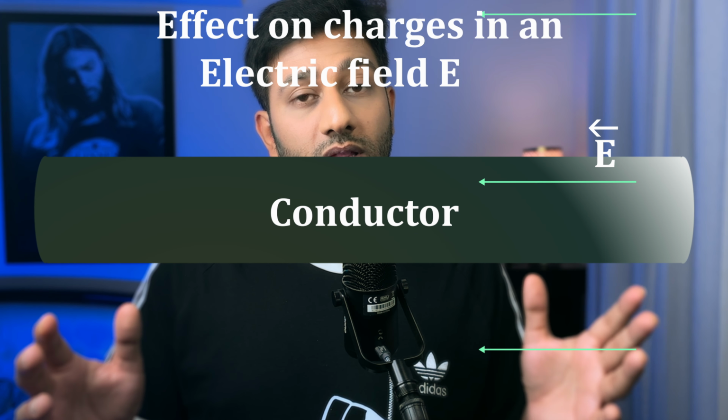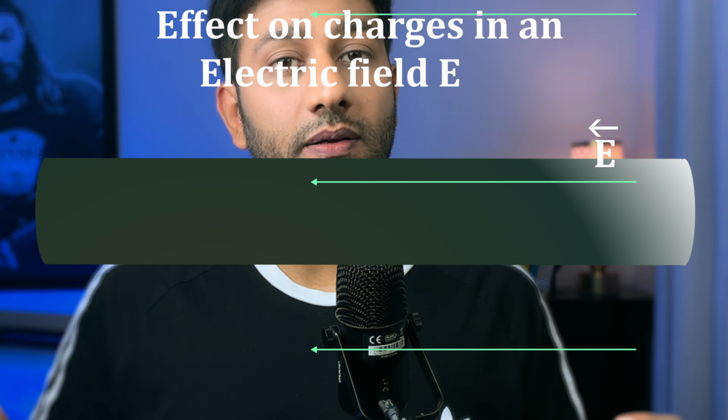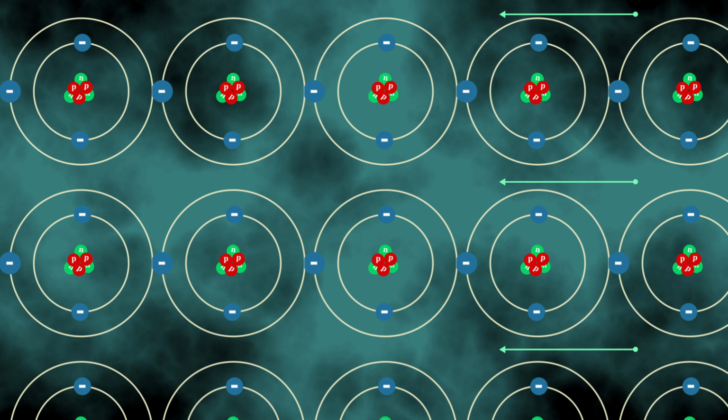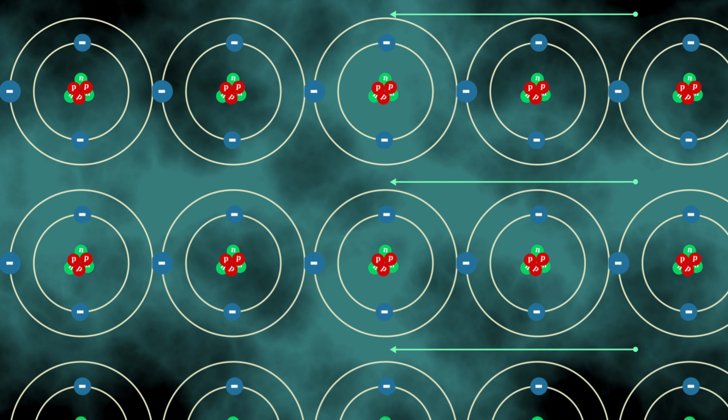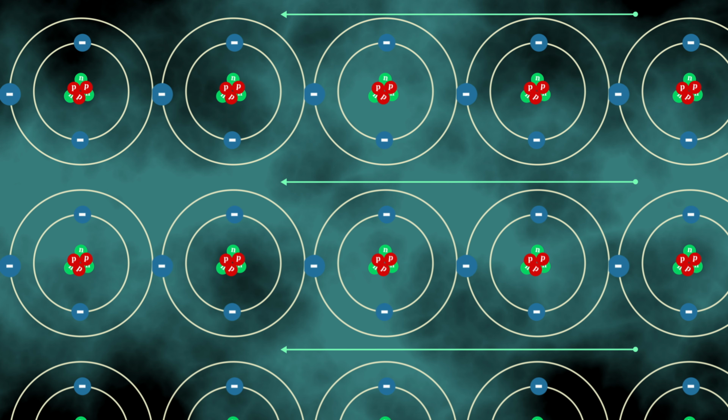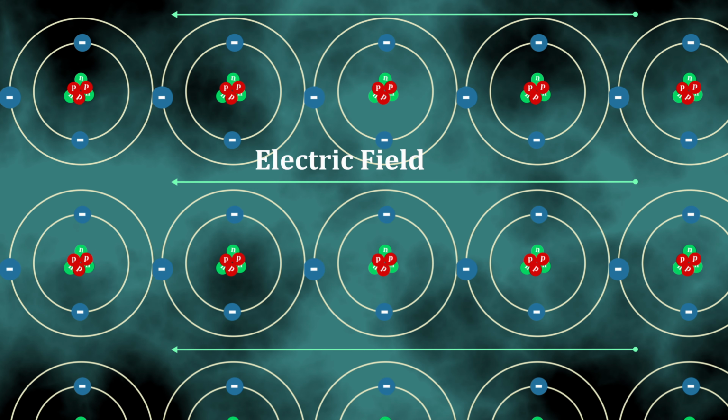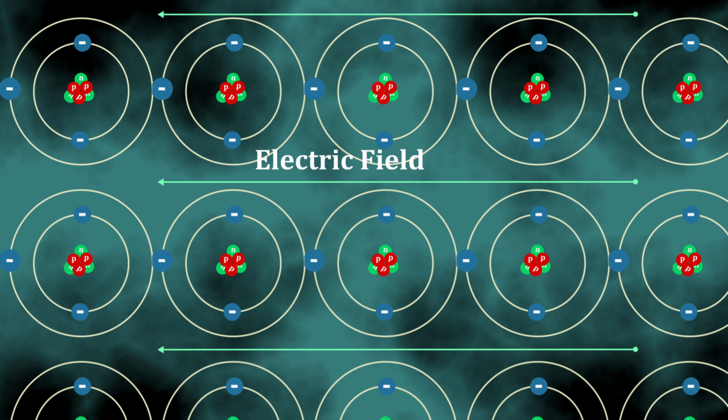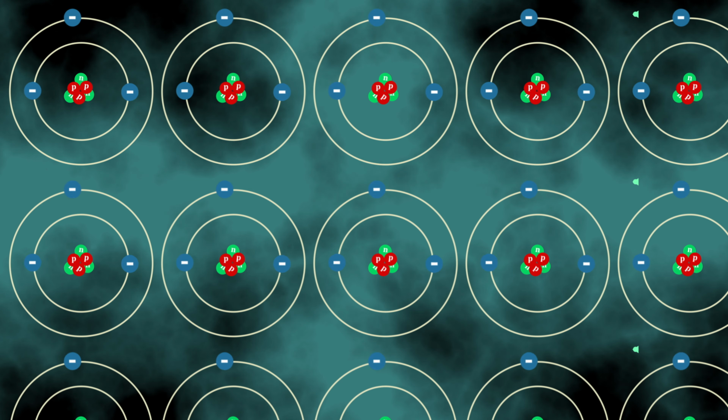Well, now that we understand charges, atoms, valence shells and conductors, let's see how electrons behave inside a conductor when an electric field is applied. Here we can see that under the influence of an electric field, the electrons in the outermost shell gather the sufficient energy required to jump from the valence band to the conduction band,